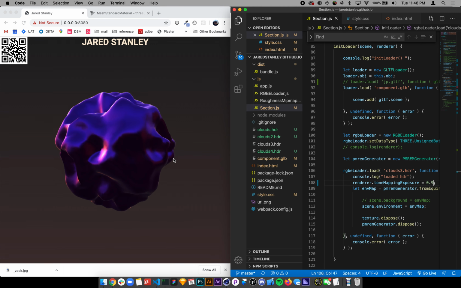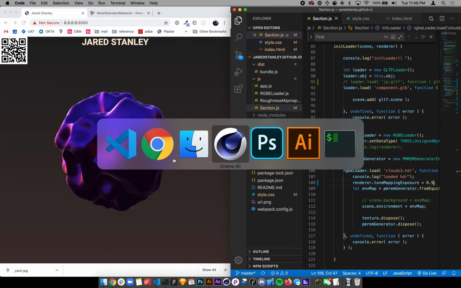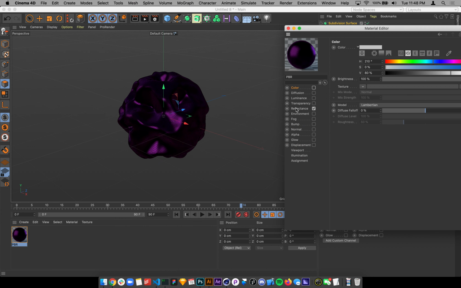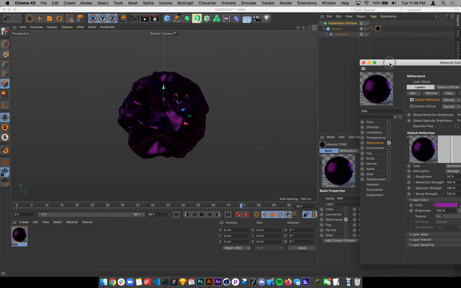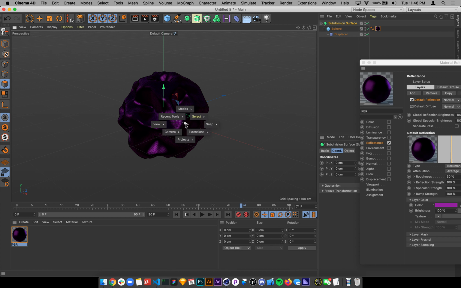But yeah, so that's kind of it for the PBR materials. This is kind of the key channel. One other thing I want to show is,